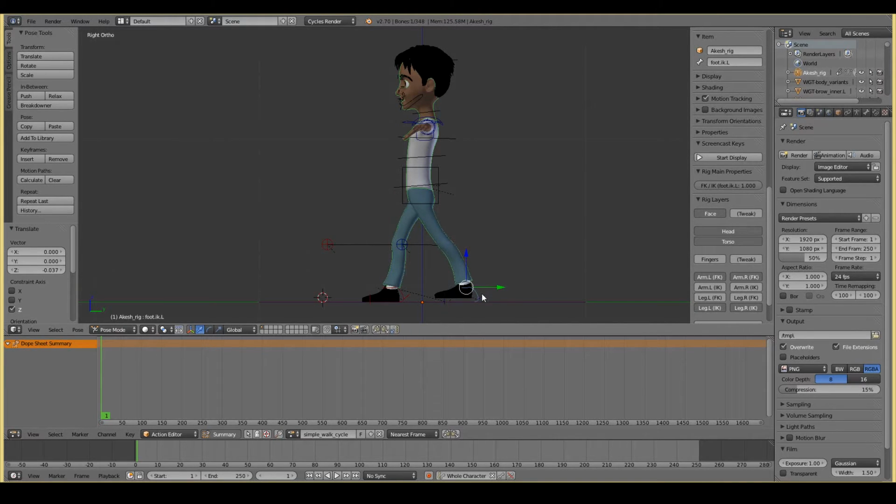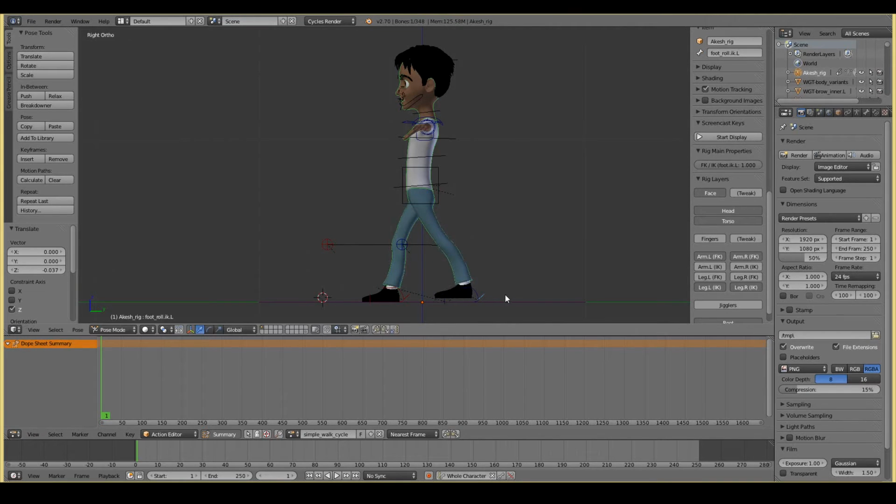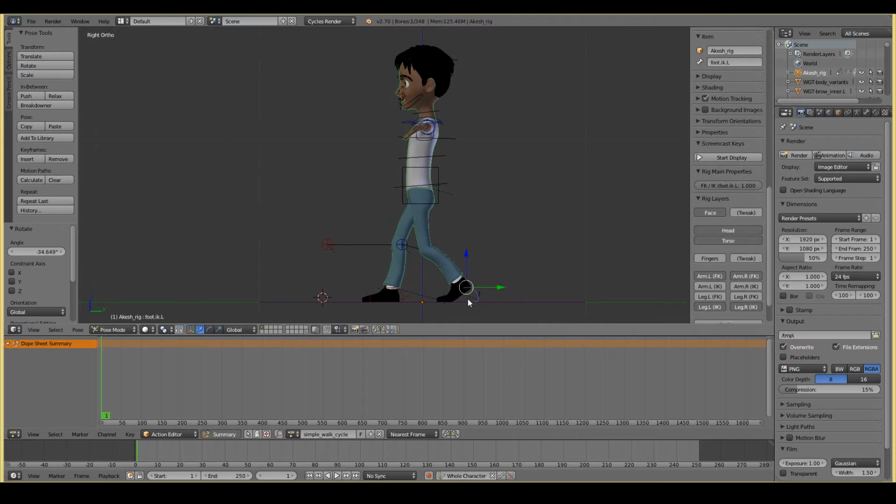Now for the back foot, you want to have the heel going up like that. The back heel going up. And then move this back so that the leg is almost extended. Same goes to here. So instead of having the toe go up, you just want to rotate like that and make sure that the leg is almost at its full extension. Well, it doesn't have to be. You can have a little bit of an angle like that. Okay, so they're the furthest. That's good. So that pretty much sets up the legs.